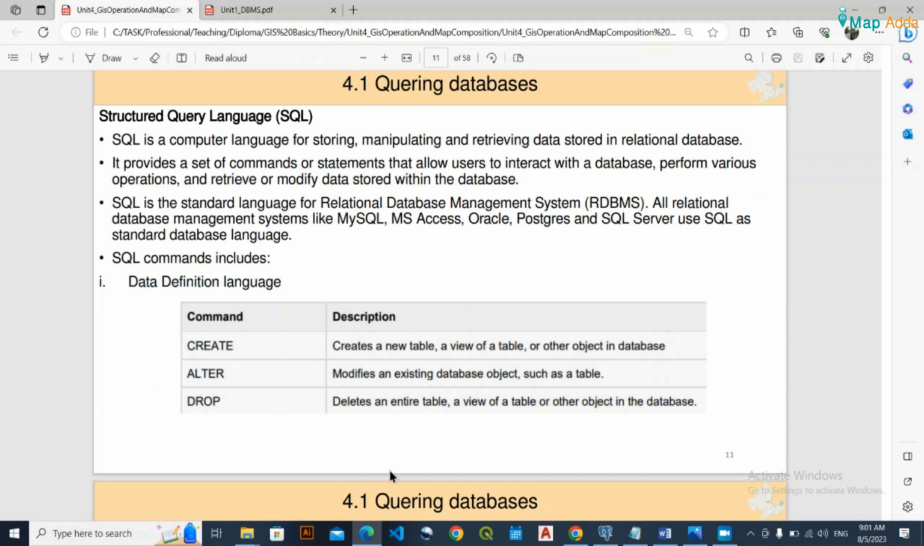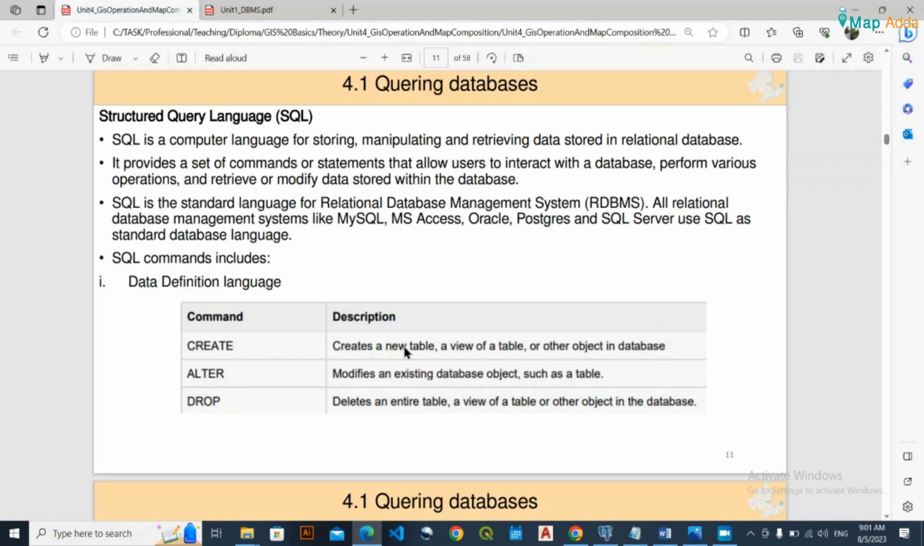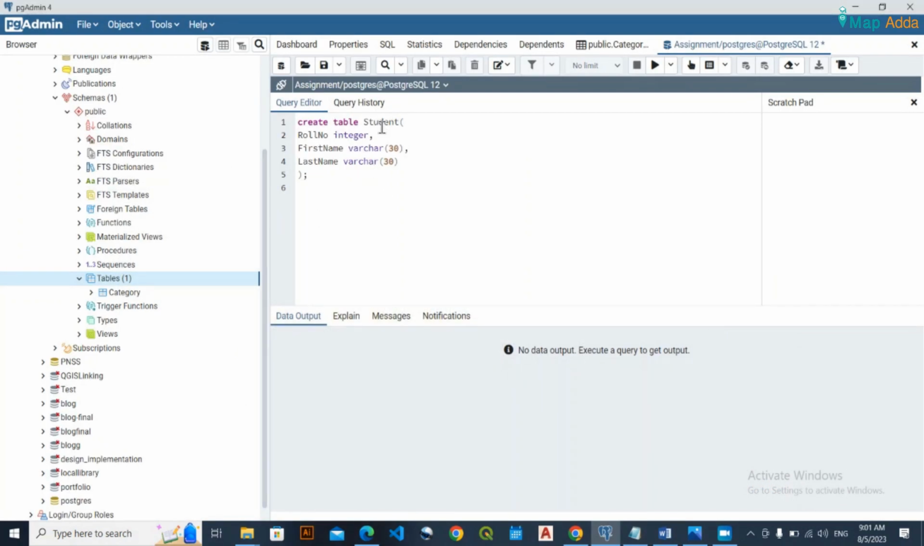This create command that I have used here will create something. What will it create? It will create a table whose name will be student. You can also see here in the description, this create basically creates a new table and other kinds of objects in the database. So we'll be creating a new table called student, and now this student table will have three